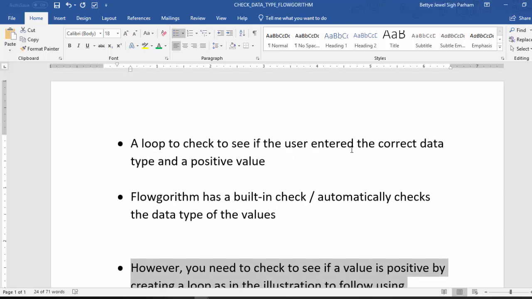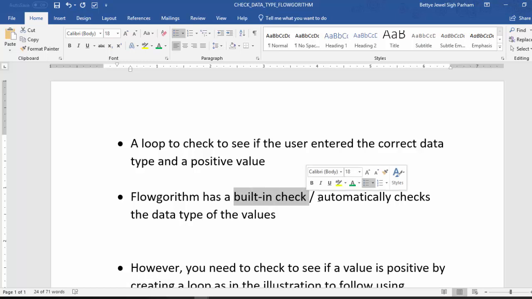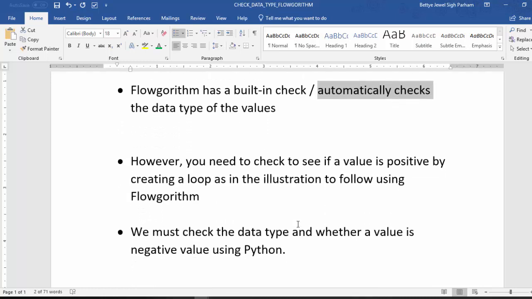In this video, we're going to use different loops to check to see if a user entered the correct data type as well as if the value is positive. Flowgorithm has a built-in routine that automatically checks the data types of the values. However, you do need to check to see if the value is positive by creating a loop, as we will